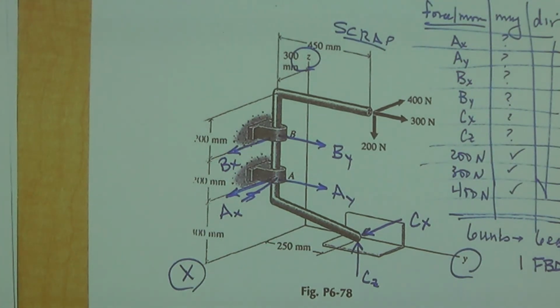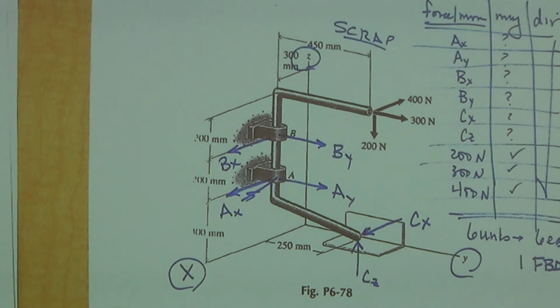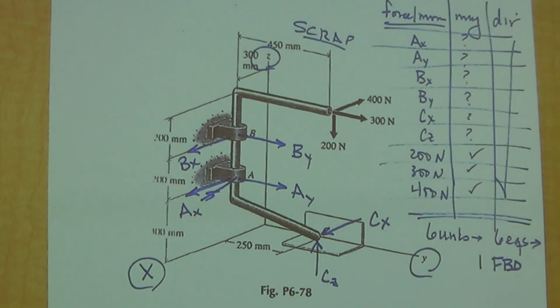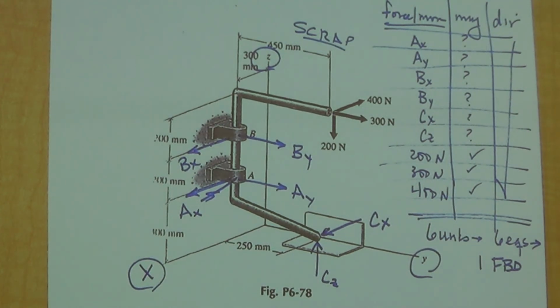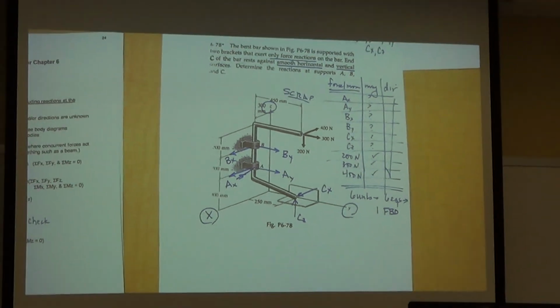And Jabin, what do you want to draw a free body diagram of? Here's the bar. The bar. There's only one thing there. Is everybody comfortable now with realizing in statics we now draw free body diagrams of real things? We're not just drawing a point. We're not picking point A and drawing a free body diagram of point A. We're drawing a free body diagram of the physical thing. Everybody has that, right? Okay. Okay, so now